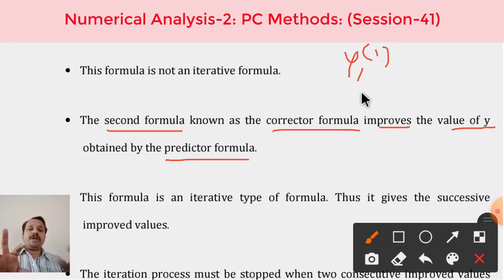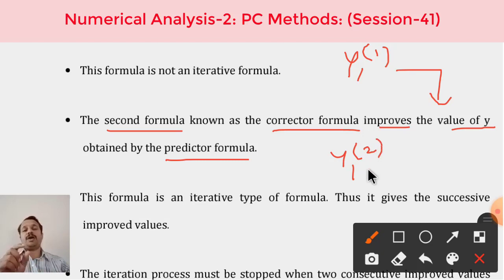Now after completing the first step, that is the first improvement, the first correction, we have to move on to the second improvement, that is the second correction. In the second correction, we will use this previously corrected value. We will use y11 to compute y12, the second correction to y1. Now we have to forget about the predicted value, because now we have a previously iterated value. We substitute this value in this formula to get the new value.